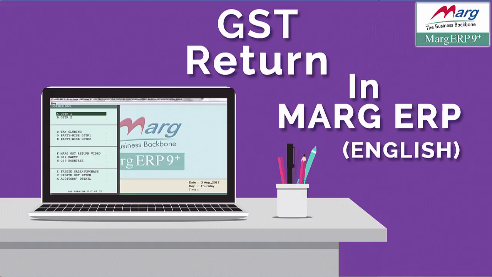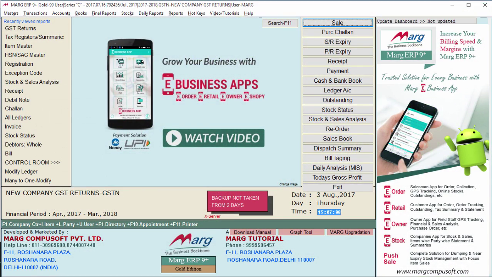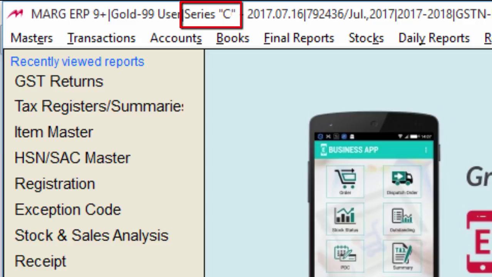Hello friends, today in this video we are going to see the process of GST returns in Marg ERP software. You need to remember that your software should be updated with Series C. If you do not see Series C over here, then you can download the updated Series C version from our website